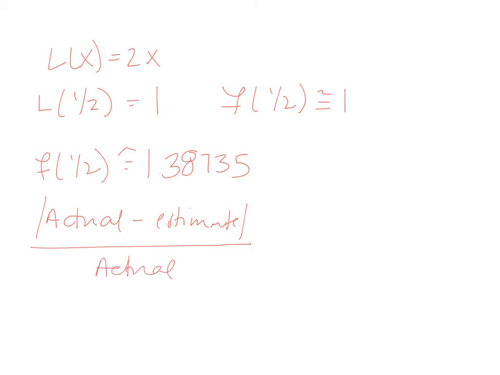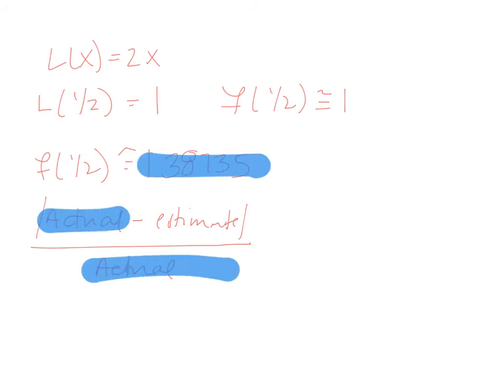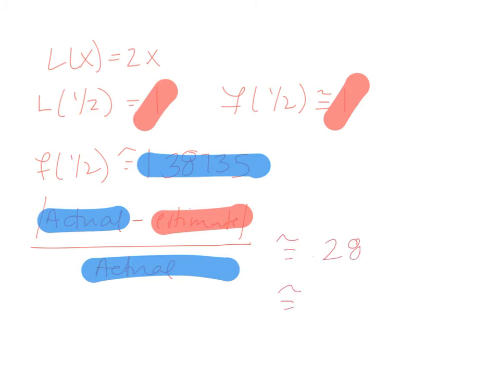And if you put this in, the actual is 1.385, so I will highlight to color code. This is the actual. The estimate is 1. Okay. And if you plug this into a calculator, I get approximately 28.28, or 28% error. So that's a fair amount of error, but if you think about it,